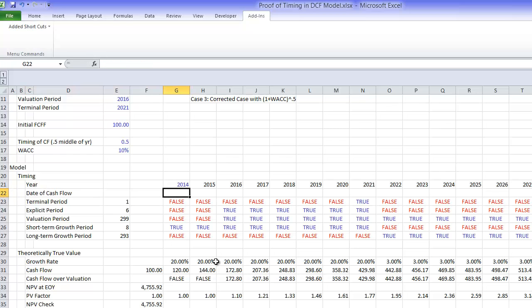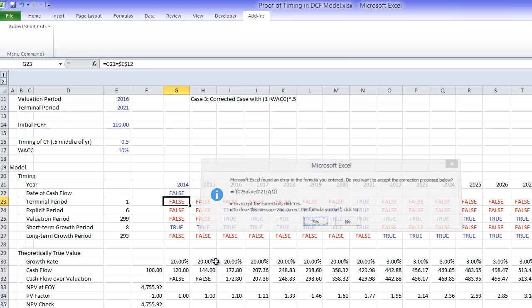So our date of cash flow in this case would be when, if it's the valuation period, then we're going to take the date of this one, and let's make it